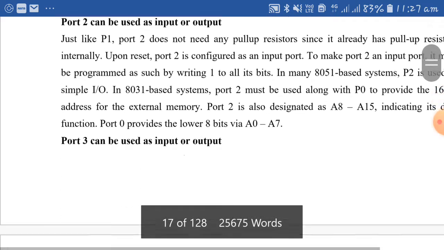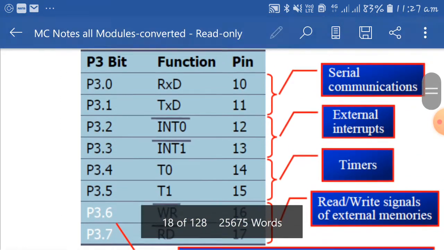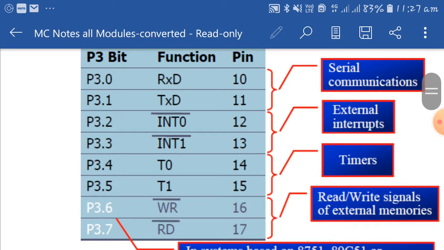And these are the main functions of the ports. For port 3, again, there are special functions for every pin that I explain here, with the corresponding pin numbers for the different functions. Port 3 has a total of 8 bits, P3.0 to P3.7. P3.0 and P3.1 are RxD and TxD, pins 10 and 11, used for serial communication. P3.2 and P3.3 are INT0 bar and INT1 bar, active low, pins 12 and 13, used for external interrupts.